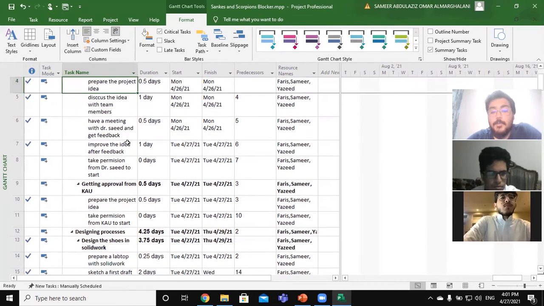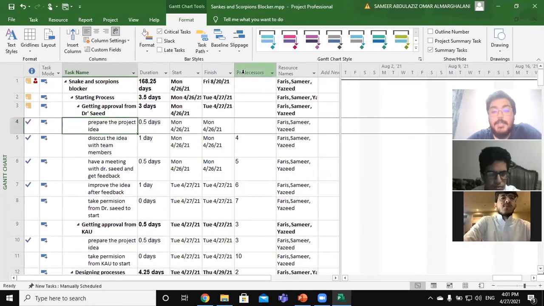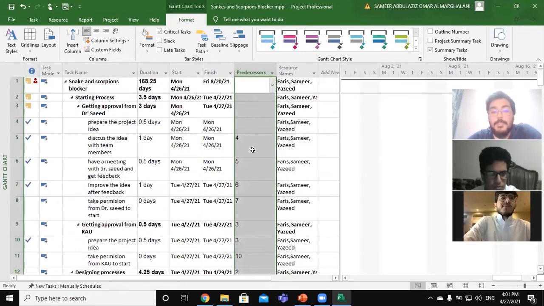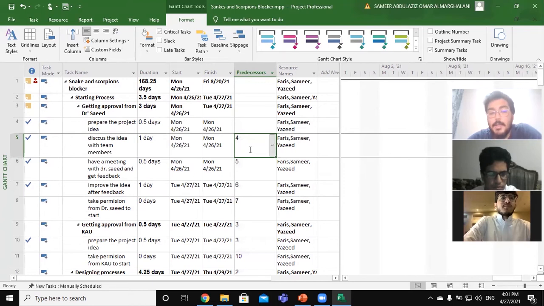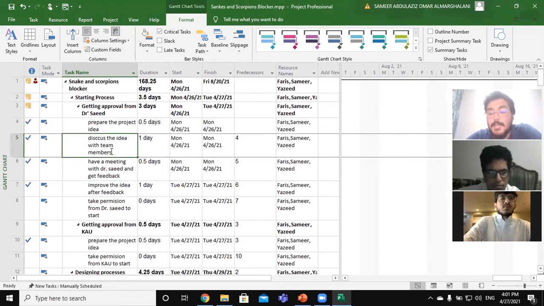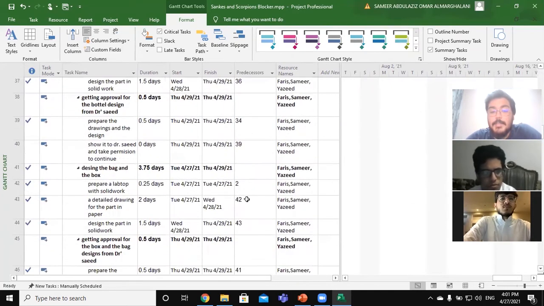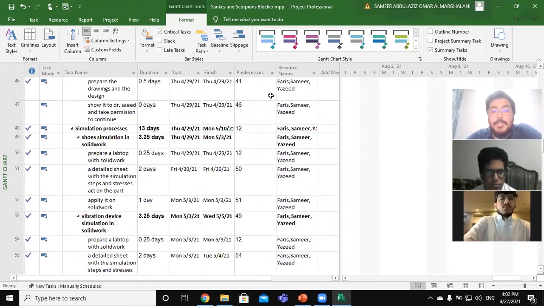These are what we use in our project for the agenda chart, and here, as you see, the predecessor for each task, which means that we can't start activity 5 without finishing activity 4, and so on. This is how we connect each task to another, and the rest here, as you see, the resource name